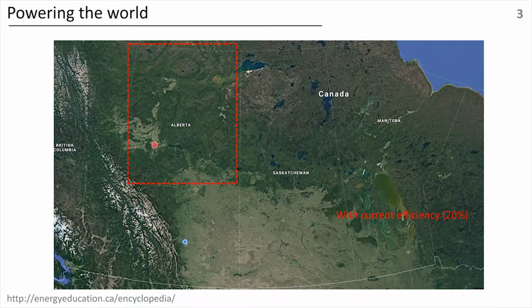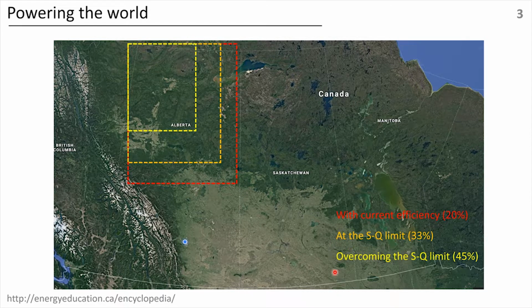It shows the area we would need to cover in solar panels, with current efficiency, to harvest the energy of the sun at the Shockley-Queisser limit, which is that upper bound I've already mentioned to the audience before. And then, here is the catch, here's where I make the transition to the next thing I want to talk about,